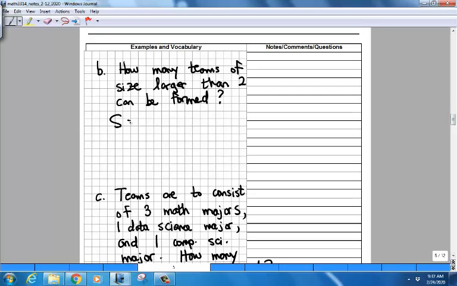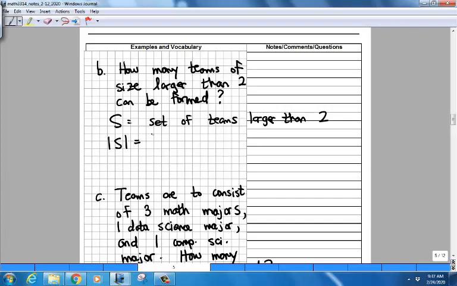Let S be the set of exactly what we're counting here, the set of teams. So one way to count S, this is kind of the laborious way, would just be to say,